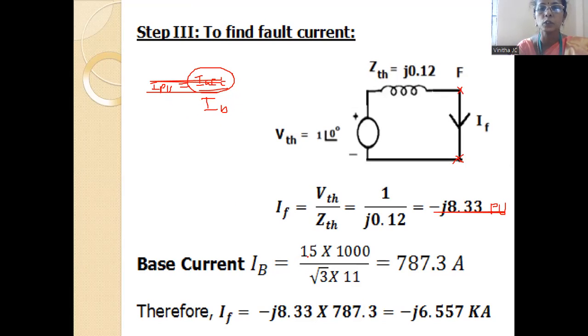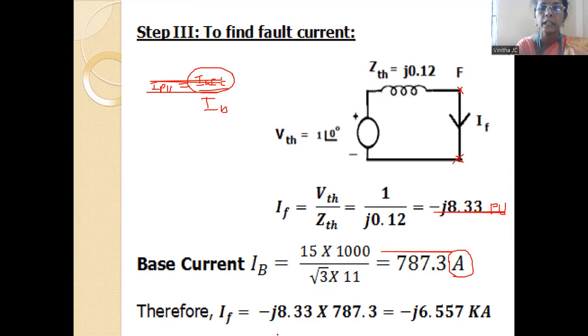So what is the formula to calculate base current? It is MVAB divided by root 3 into KVB. Since both MVAB and KV must be in the same unit, only then can we get the answer in terms of amperes. So this MVA will be converted into kVA, and already here it is in kV. So the k's get cancelled. So 15 into 10 power 3 divided by root 3 into 11. So the answer is